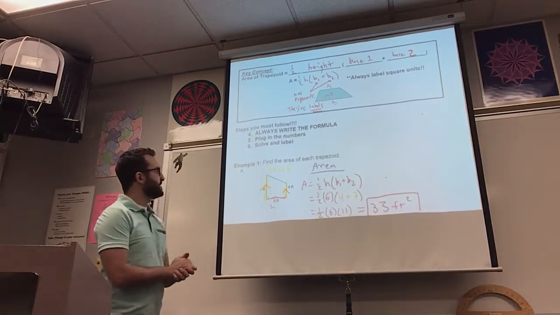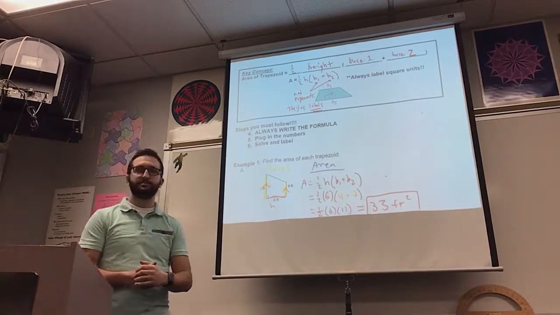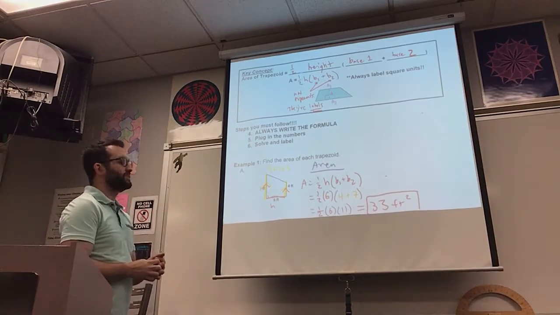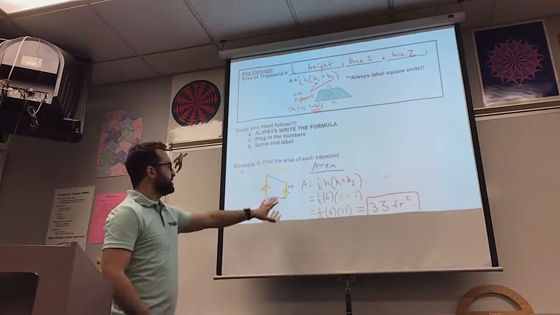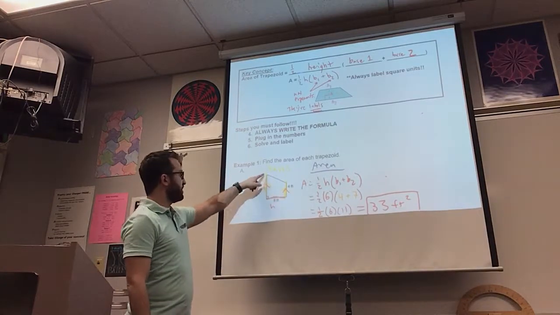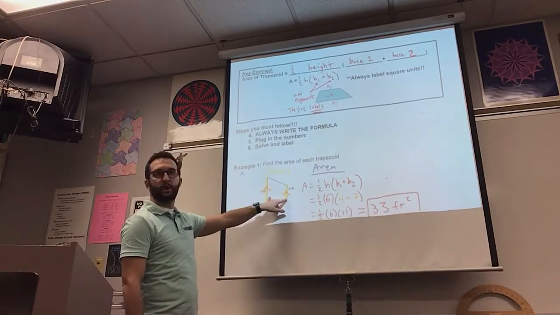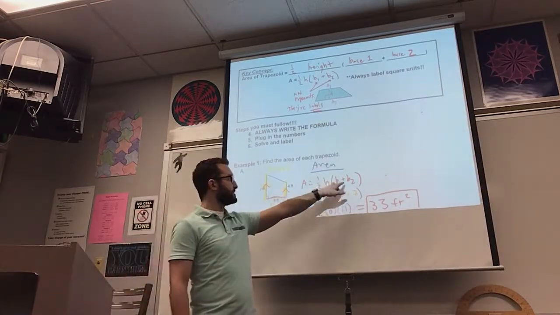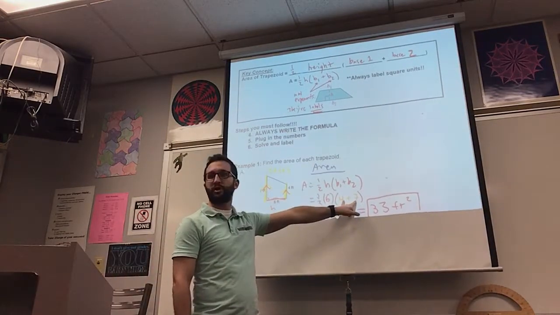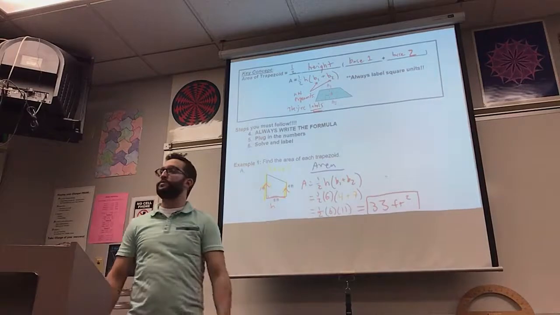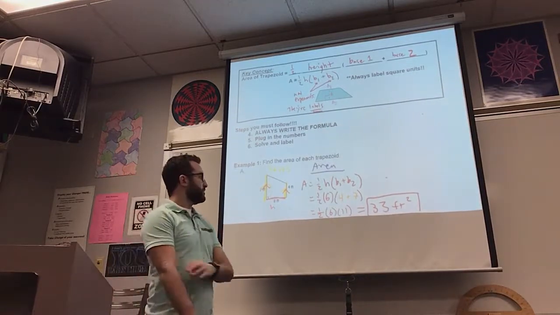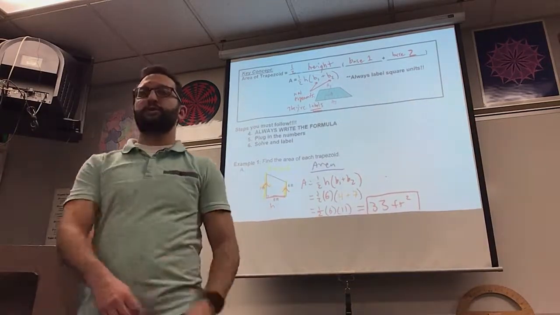Okay. I knew that that was fast. But that's all your homework is. Okay. One more time to review this. The bases in a trapezoid are parallel. There are 2 of them, which means there should be 2 numbers in the base portion of our formula. You have your formulas written down in your notes. So when you take this stuff home, we need to make sure that we are doing